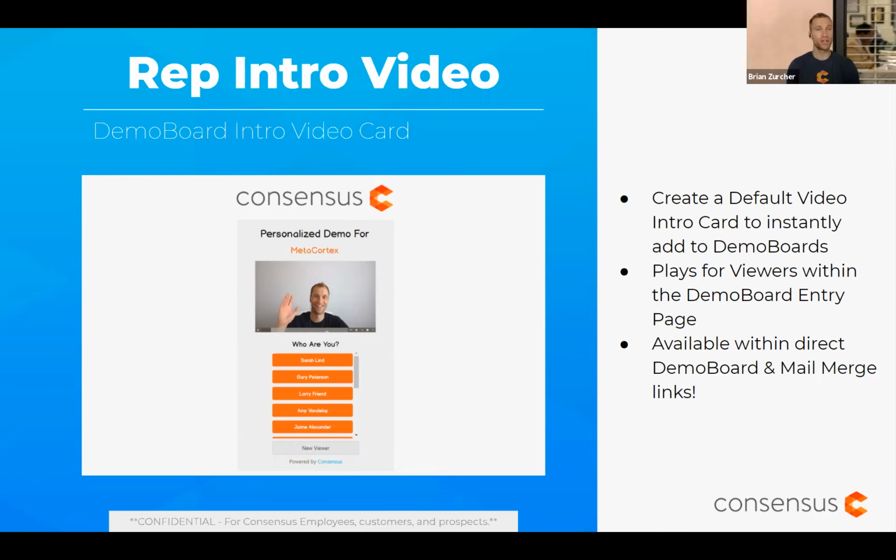What this feature does is give your users an opportunity to create a video that they can place in front of the actual demo experience for their recipients. This video is going to play right inside of the organization entry page, or the Who Are You page, where we ask your viewers to select who they are in order to determine who's watching the demo and track their